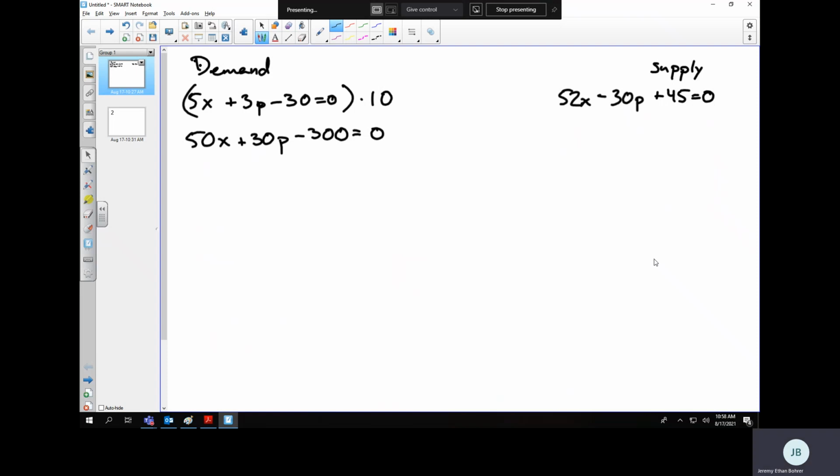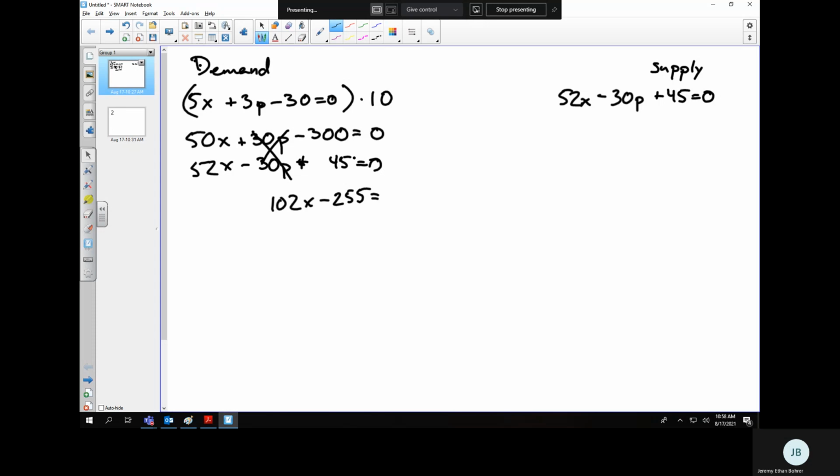Now, if I add my supply equation, 52x minus 30p plus 45 equals 0, that should have been 52x there, not 50. There we go. I can get rid of my p's entirely, and I've got 102x minus 300 minus 45, which is 255,